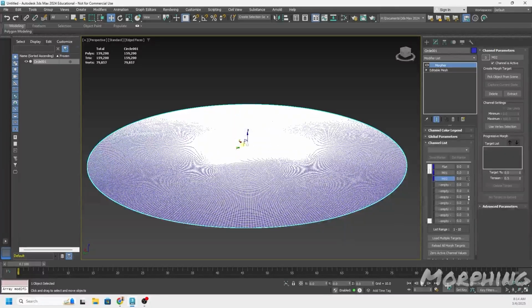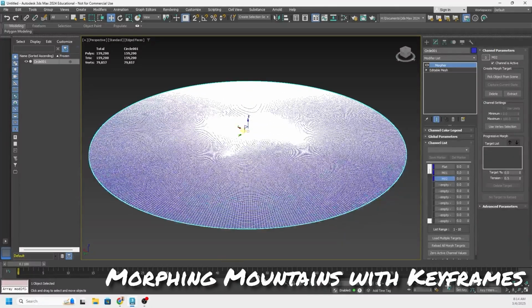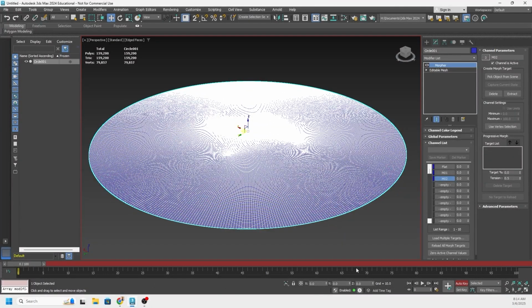Okay, so now I'm going to add some keyframes to this. Activate auto key. I'll keep the default number of frames. I'm more concerned just about capturing the motion, and I can do that just by separating out 1 to 2 seconds worth of frames. I'll actually start at 15 frames, which is about half a second,